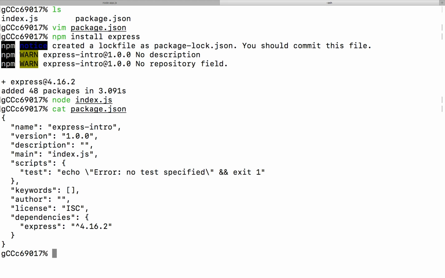And what about the save dev thing, if you want to save a development dependency? Then you need save dev. But if you want to save the dependencies, and if you check the internet, most of them will still say save because it was that way for a very long time. This is a fairly recent-ish change.